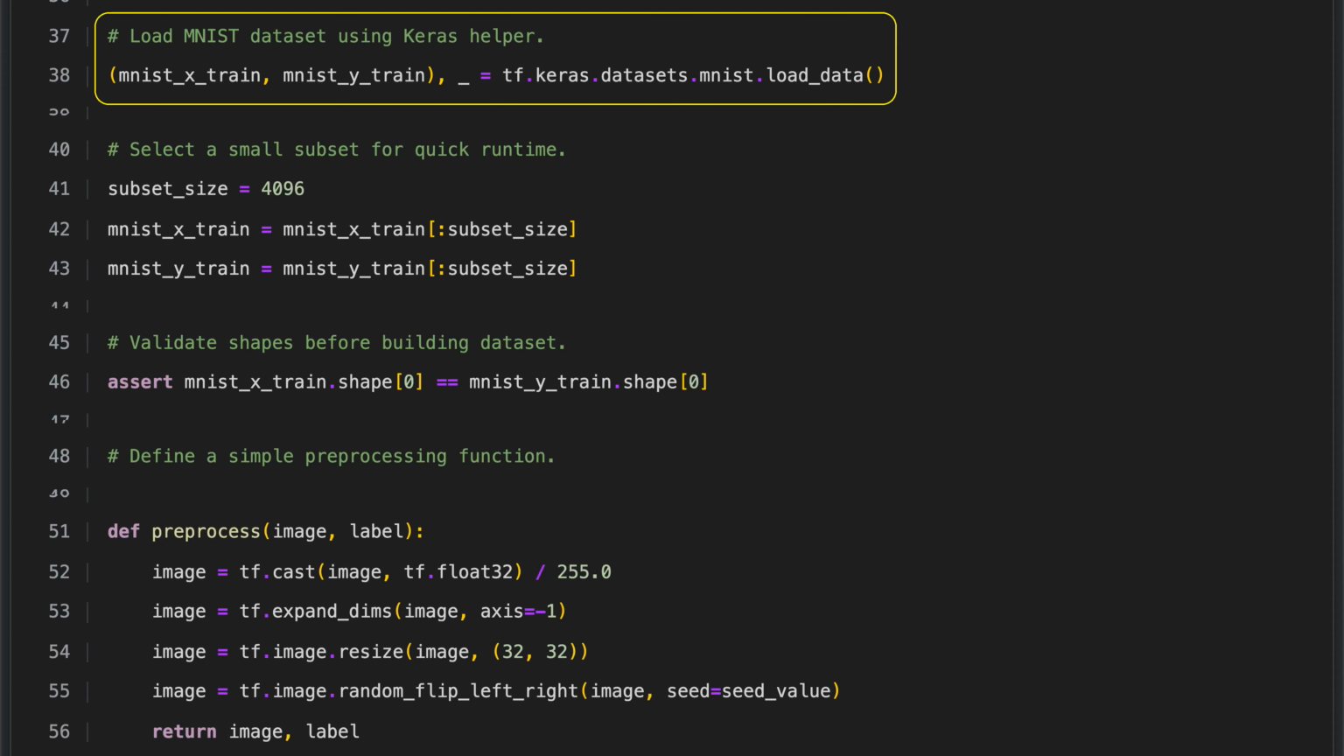We begin by loading the MNIST dataset using a helper function from Keras, which gives us separate sets of training images and their labels. MNIST is a standard collection of handwritten digit images commonly used to train and evaluate image processing and machine learning models. Loading the data in this way makes it straightforward to access, organize, and manipulate the images and labels for our